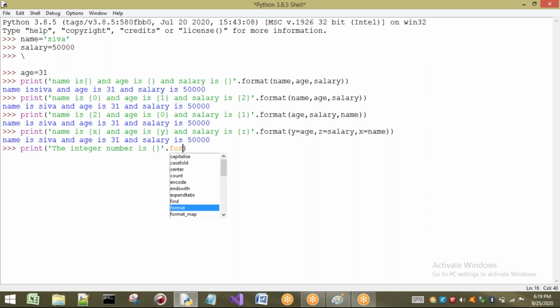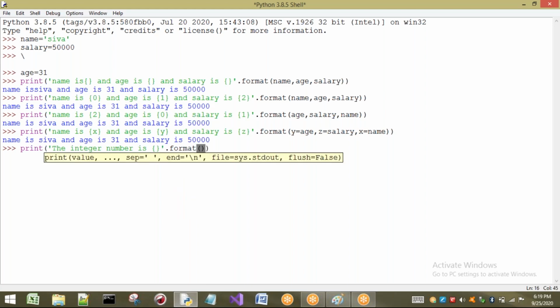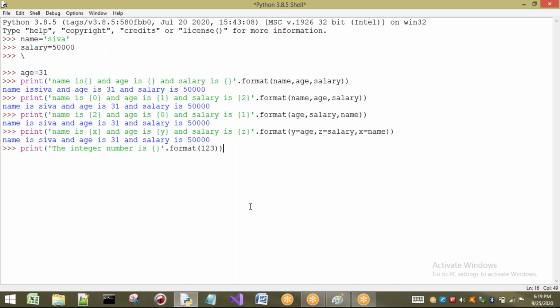I want to write a decimal number first. If you format it, you are going to get the same value, because I am not using any specifier here. Whatever we write here, the same value will be printed.